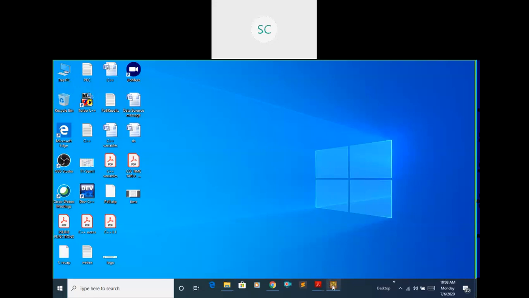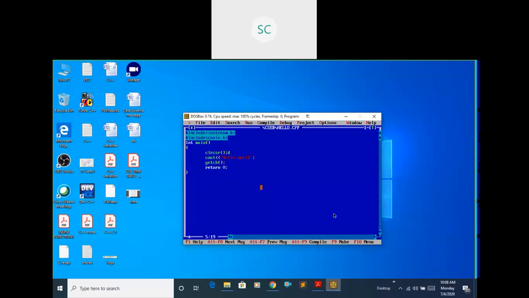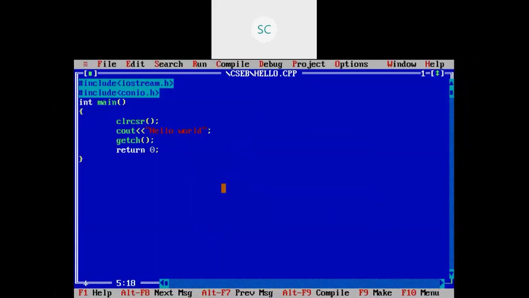See, what will this clrscr do? It will clear your screen before execution. Whatever output we had previously, that will be cleared by using this function. Getch will directly, once you run your file, go to your output screen. These are the things these two functions will do. These two, clrscr and getch, are both present in conio.h.